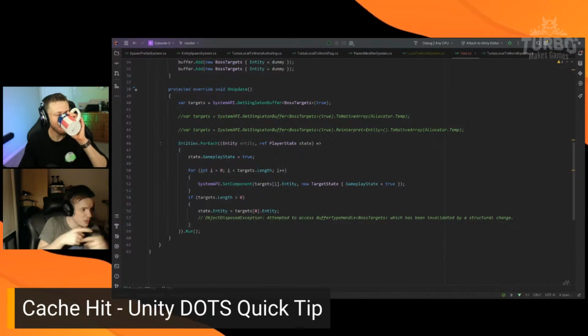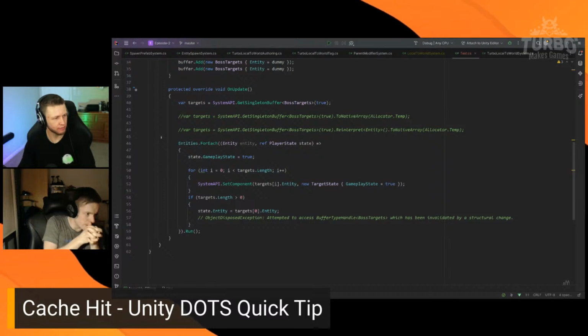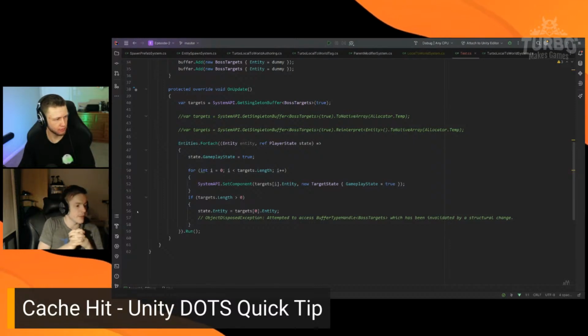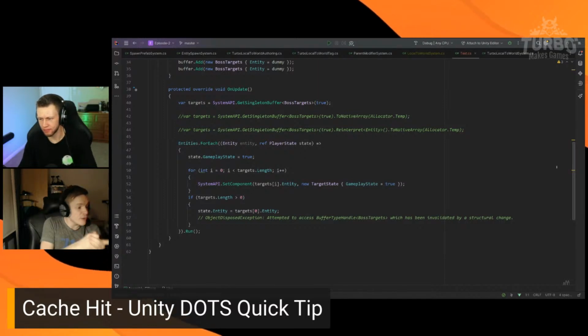So you have a situation where two entities' data is involved in the same situation. You can see I'm doing something on line 56. I'm reading target 0 and just putting it somewhere. Imagine something happening where the player needs to understand what the boss is targeting. If I do this,